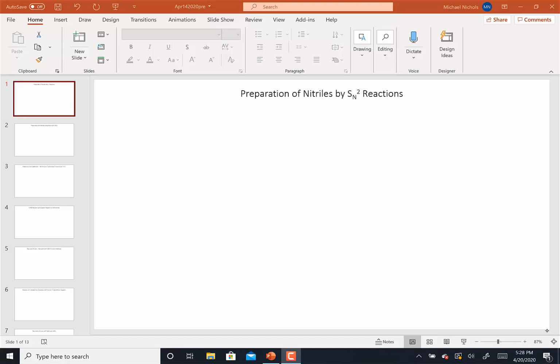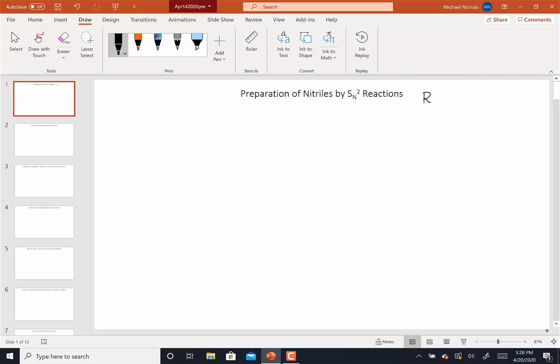Okay, as we finish up chapter 25, dealing with carboxylic acid derivatives, let's talk a little bit about nitriles. Now, a nitrile is a C triple bond N that's attached to an alkyl group. So that is an alkyl nitrile. The way to make a nitrile is very simply to do an SN2 reaction on a primary or a secondary